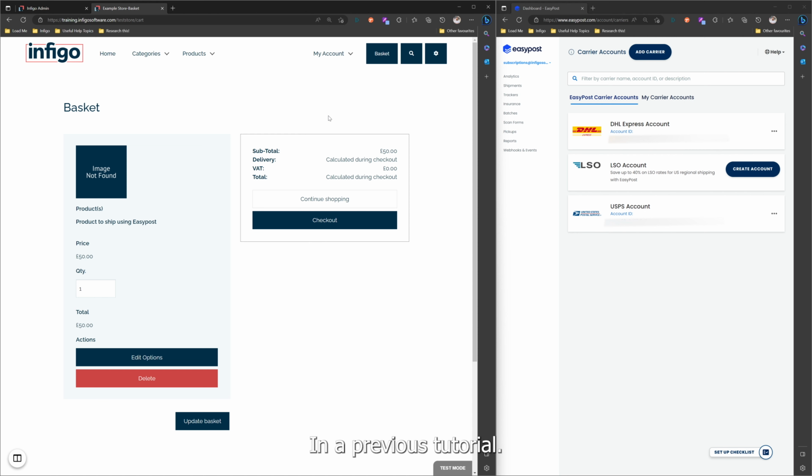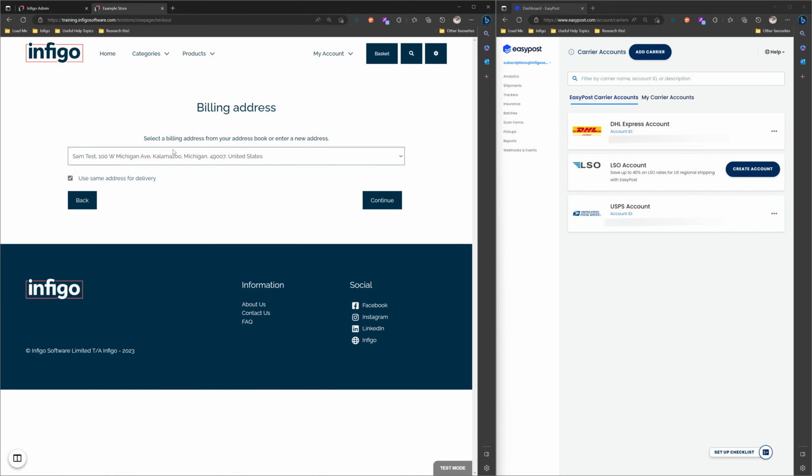As we saw in a previous tutorial, also ensure that you've enabled the Easypost plugin as one of your possible delivery methods. And that's done in the delivery computation area. So if I just go ahead through my checkout, input or select a billing and shipping address,